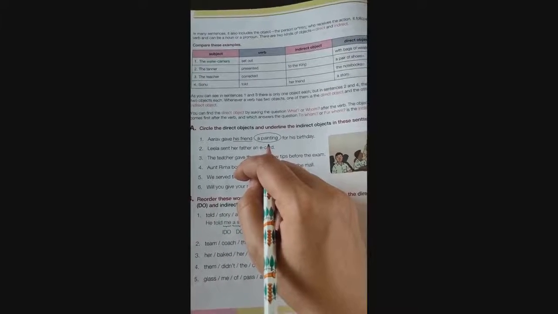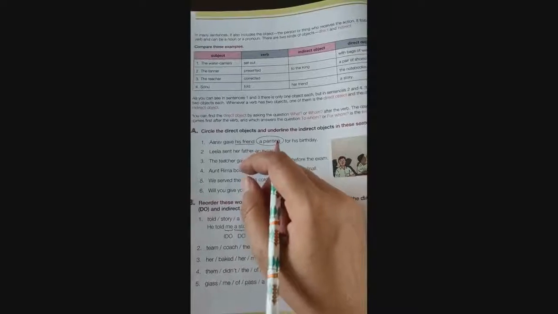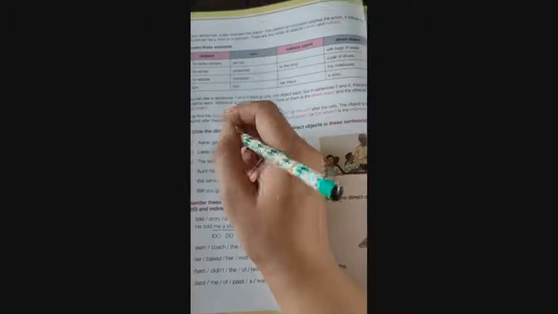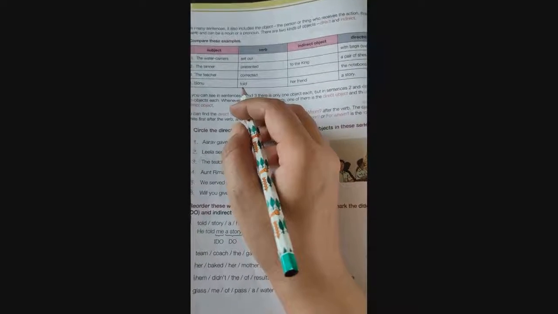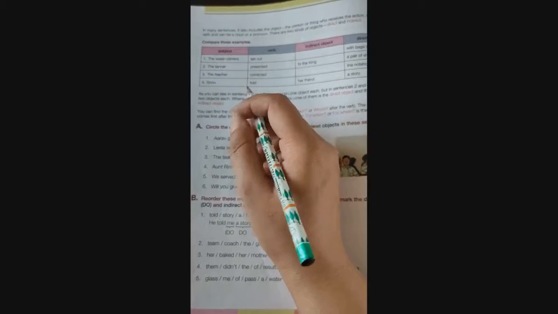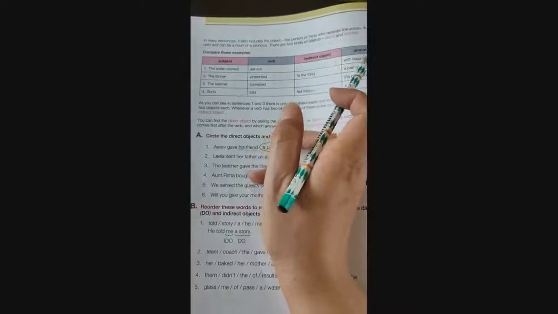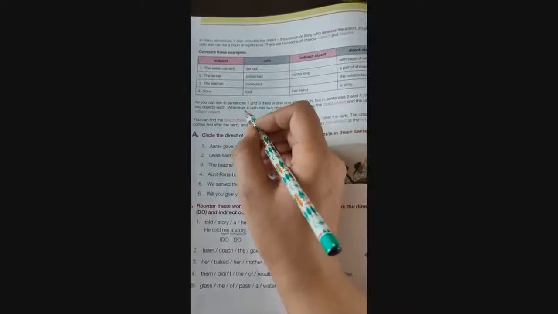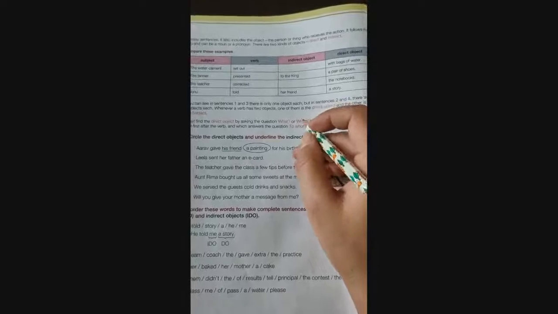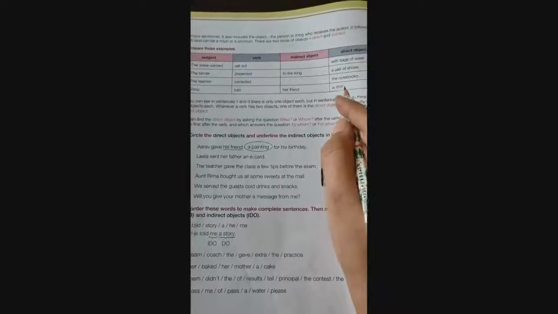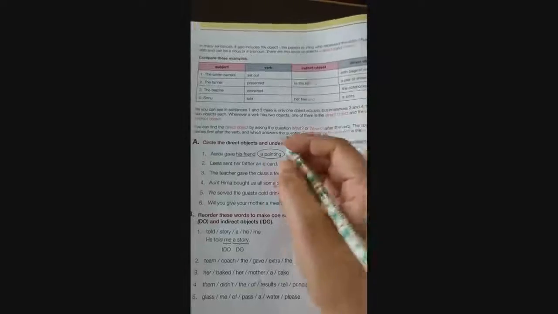Dear students, as you know that a sentence contains different parts. The main parts of a sentence are subject, verb and object. Dear students, in our previous class also you all must have read about subject, verb, indirect and direct objects. All the living things which are kept in place of objects, they are known as indirect objects, and all the non-living things, they come under the category of direct objects.